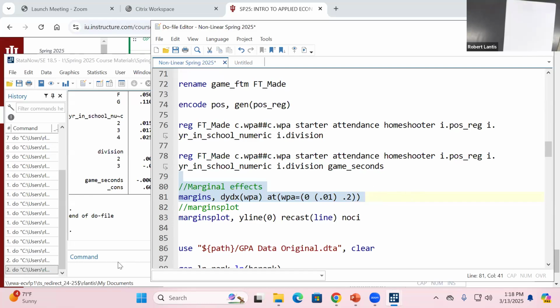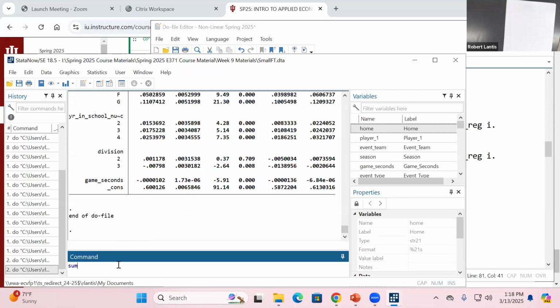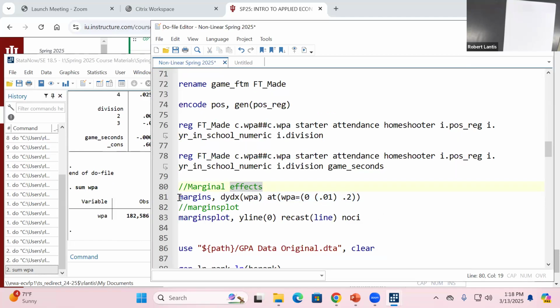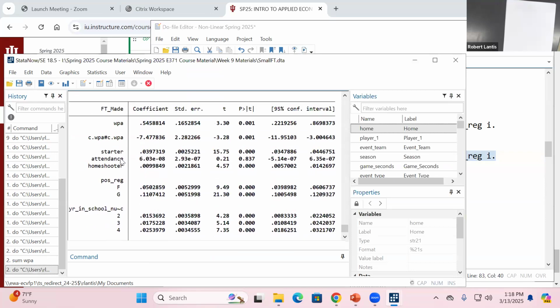So the relevant range, if we were to summarize that WPA, is from 0 to 0.1 here. So it's relatively low, but it's a nice continuous measure of stress. So I'm going to measure the marginal effect from 0 to 0.2 in 0.01 increments. I'm then going to plot that, okay? So I'm going to run this regression. Notice the coefficient on my linear term: if the shot is more stressful, it actually looks like I'm more likely